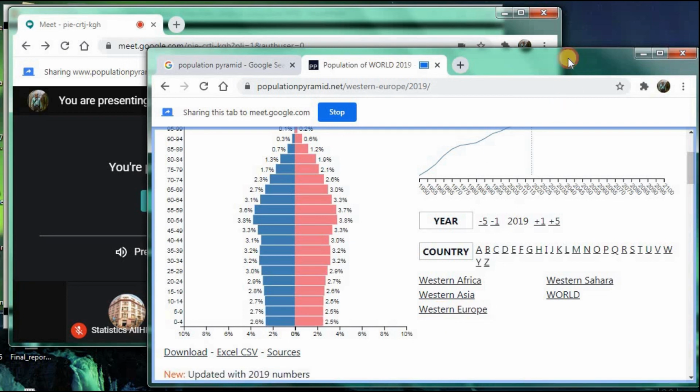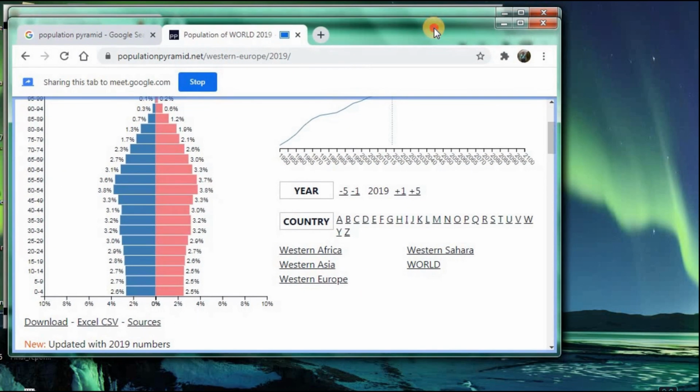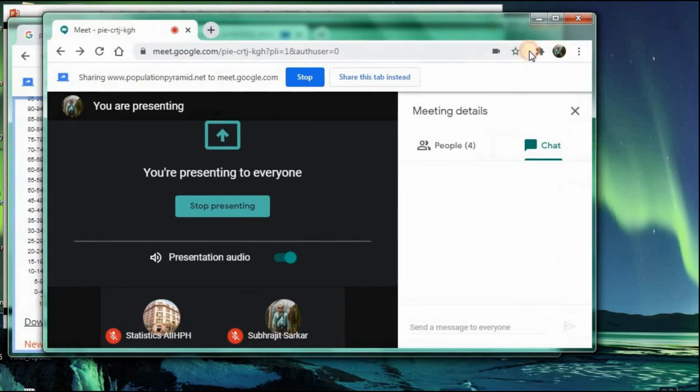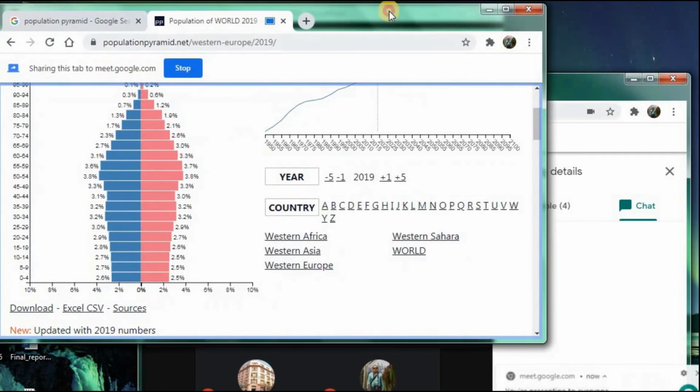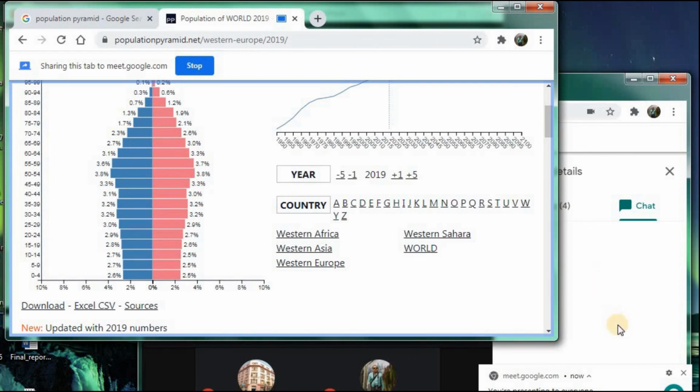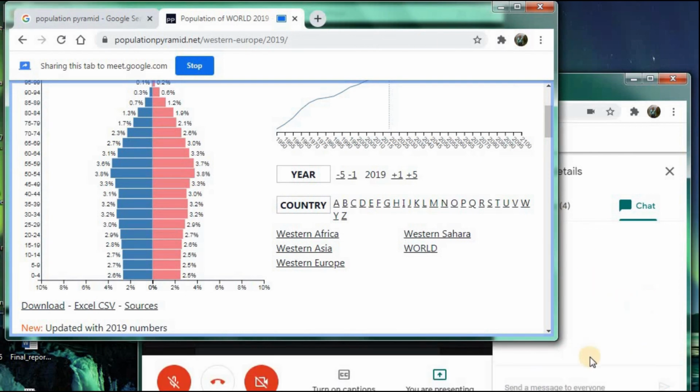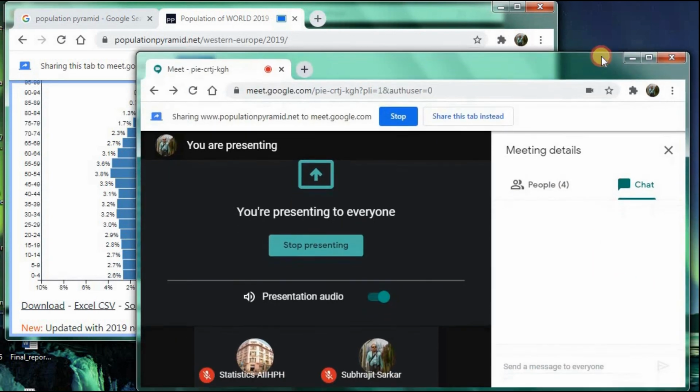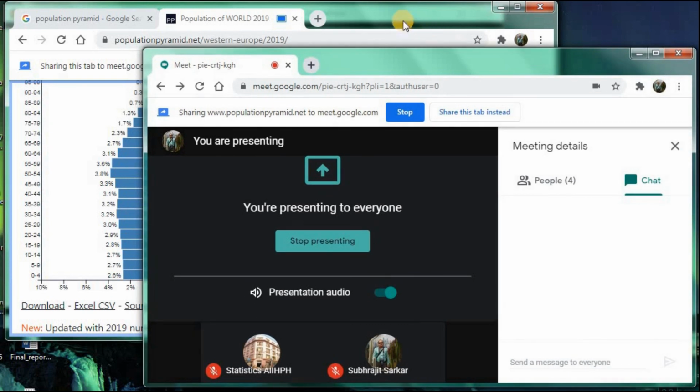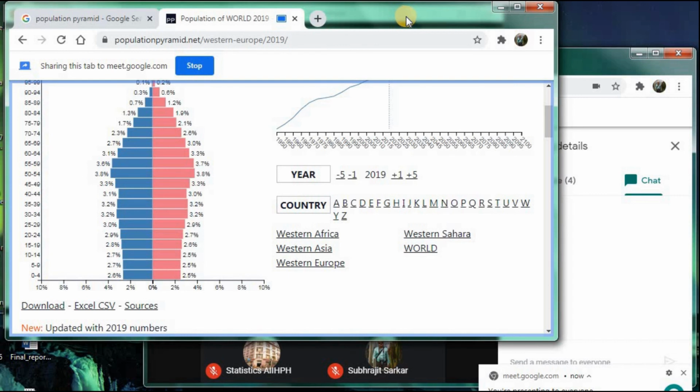And again you can arrange these two windows in such a way that the chat window is available to your view, and you can promptly answer any question which will come through your chat window.